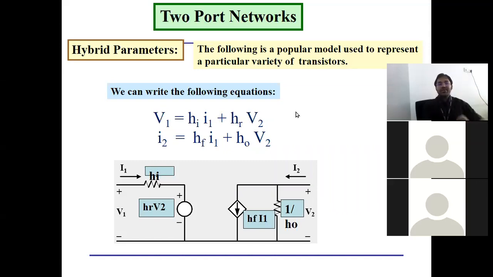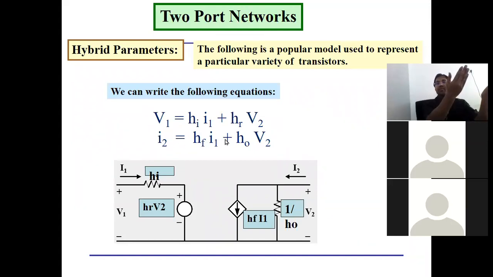Likewise, a simple question for all of you. Voltage is for a loop. You apply KVL to a loop. For KCL, you apply KCL to what? Is it a loop or a node? Can anybody give me the answer? Node, sir. Very good. KCL is for a node. Now we have a current equation.